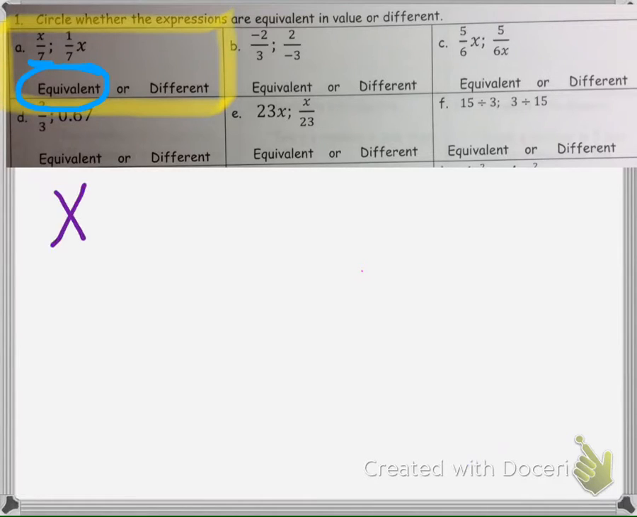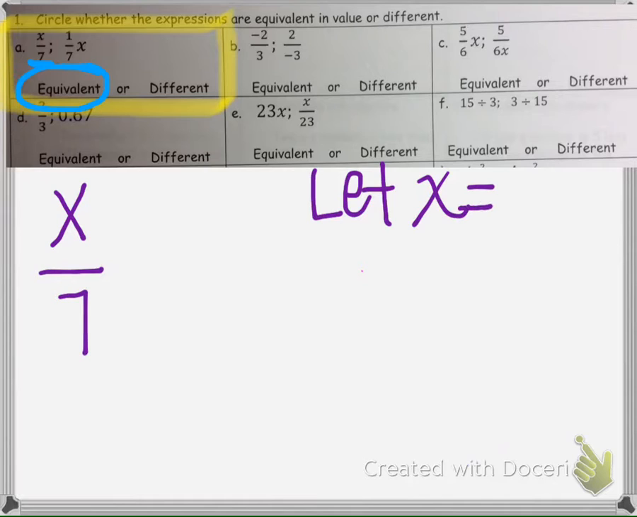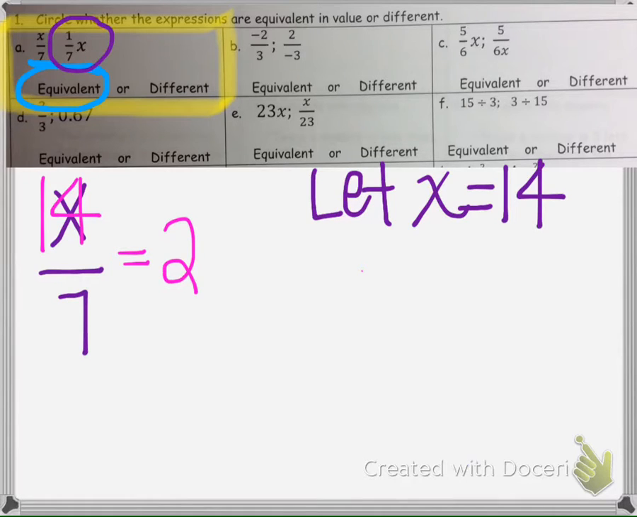So if I have x over 7, and I'm going to make up a random value for x, so let's say I have x represent 14. So if I got rid of the x and replace it with a 14, it would evaluate to 2. Now if we take our other expression here, which is 1/7 x, which 1/7 next to an x we know means multiply. So if I take out the x and replace it with 14,